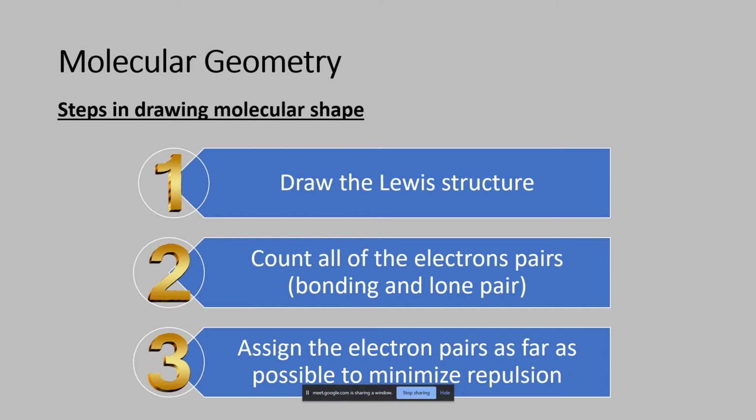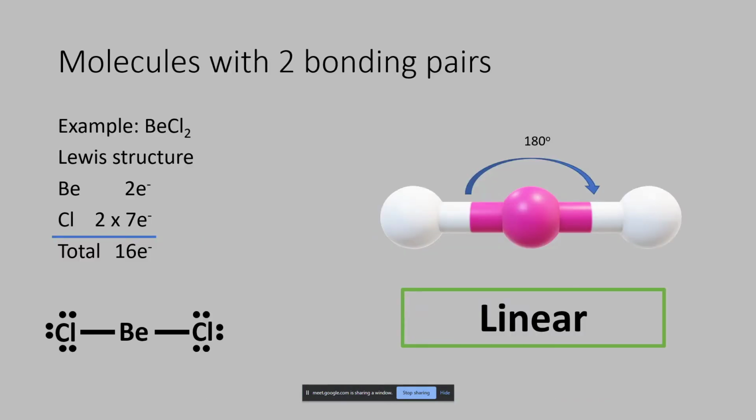So we have 3 steps. First, kita buat Lewis structure macam tadi semua tu, and then kita count all the electron pairs, bonding and lone pairs, and then kita assign electron pairs as far as possible. Okay, so contohnya